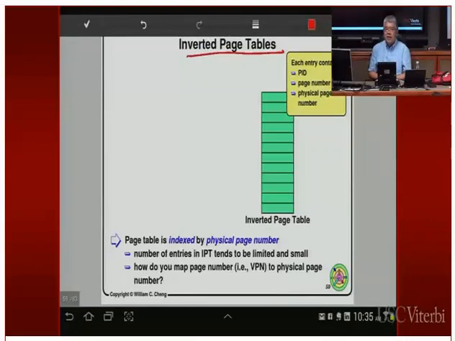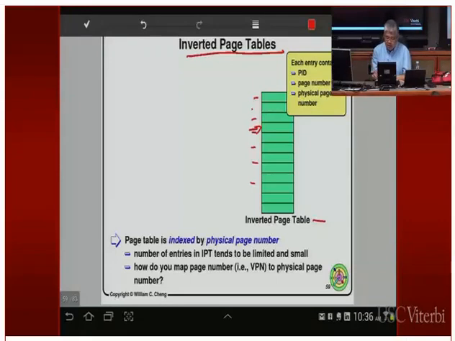Inside the inverted page table, the idea is that you're going to have one page table, and this one is shared by all the processes in your system. So instead of having one page table per user process, we're going to have one giant page table that's shared by everybody. Here is my inverted page table. Over here are the entries for user processes and different pages. Therefore, in order to tag every one of these entries, I actually have to say which user process they belong to.